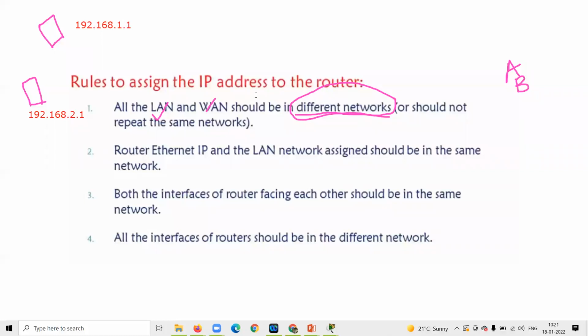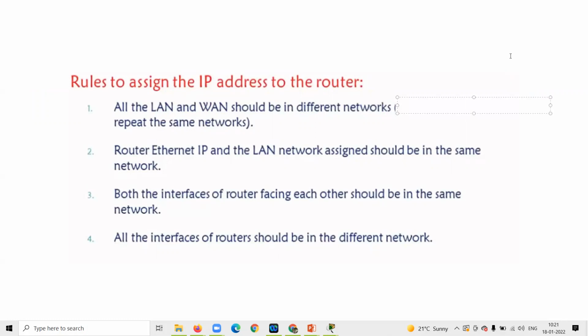Write down that first line only. We will go line by line. So please write down this first line: all LAN and WAN should be in a different network. Also mention your learning. What is a different network? What do you mean by different network? Because just by writing different network, you will not get an idea of what I want to say.